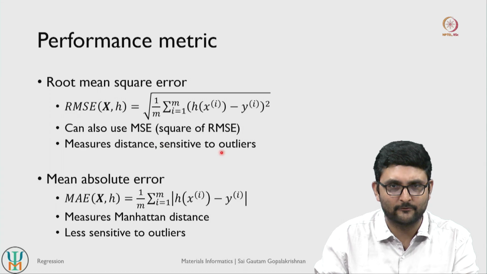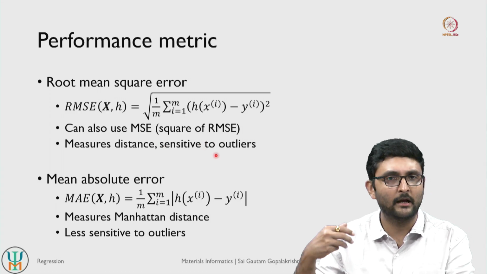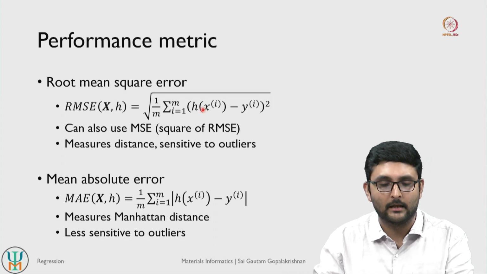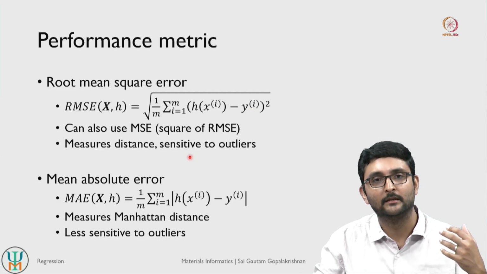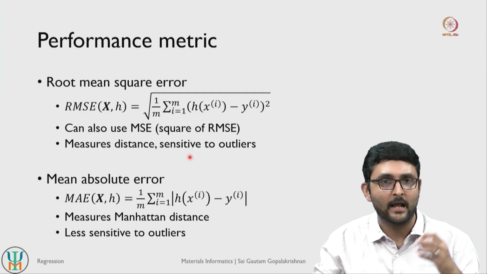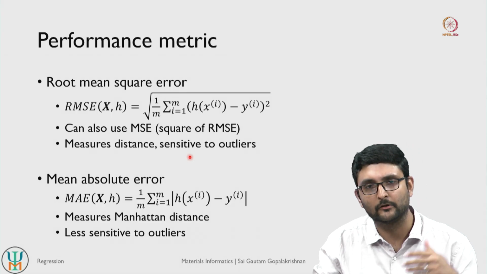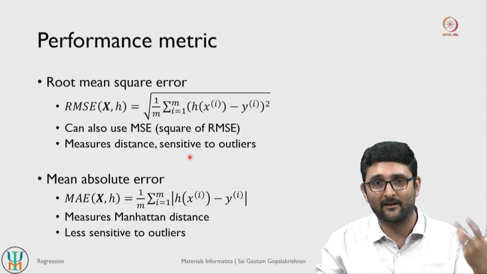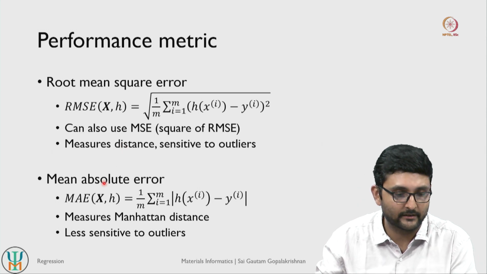And often root mean square error can be sensitive to outliers. So if you have a few points that are being predicted very wrongly by a model compared to the rest of the points, your RMSE can dramatically increase, right, and if you remove those outliers, then the RMSE value can decrease quite significantly. So depending on how many points are being dramatically wrongly predicted by your model, your RMSE value can change quite significantly.